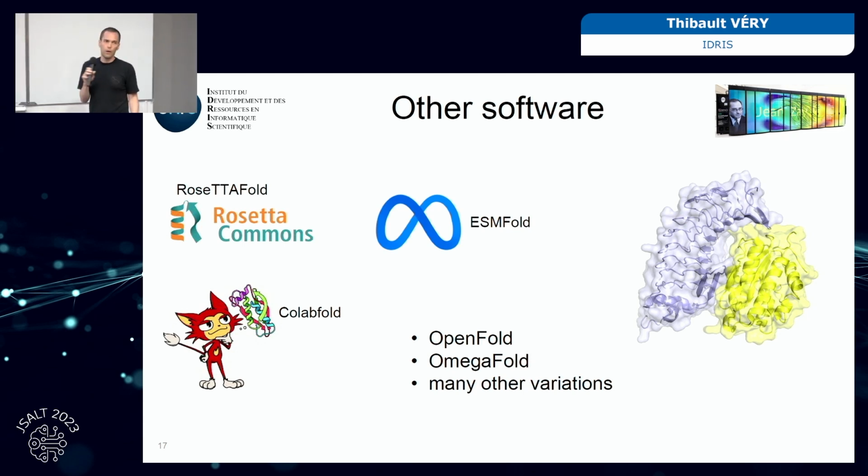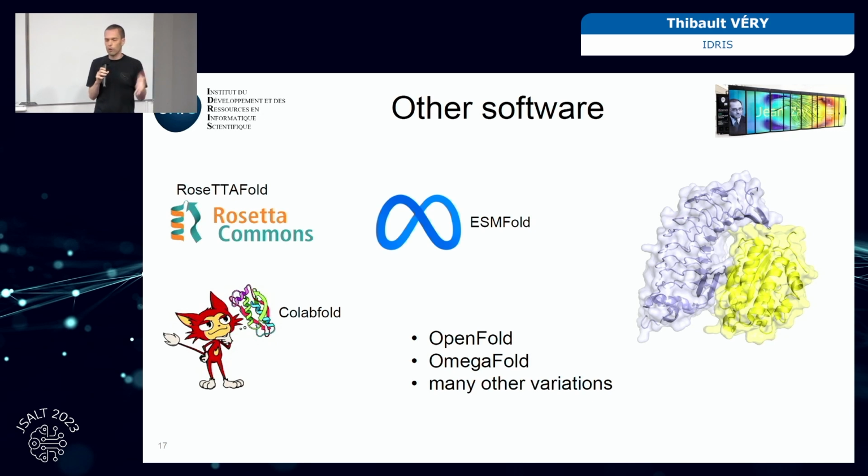And since 2020, because AlphaFold was so powerful in the CASP competition, many groups tried to have their own variation of AlphaFold. For example, I worked with a team that is developing a code called MassiveFold, which is just AlphaFold, but with some more freedom in the parameters, because AlphaFold is quite